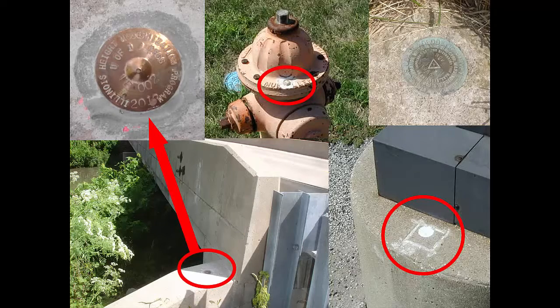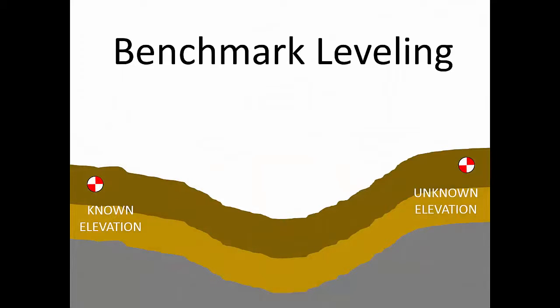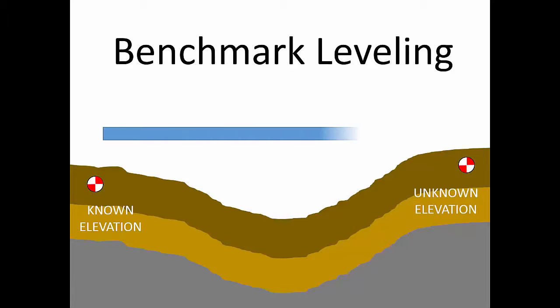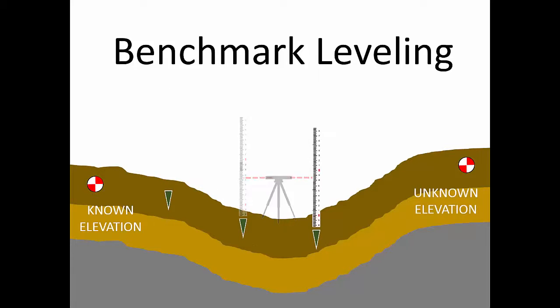Let's walk through a typical level circuit we call benchmark leveling. You may hear this process called differential leveling or control leveling as well. Here, our survey site is 1/2 mile from the nearest benchmark across a shallow valley. We need to determine the elevation of a newly constructed benchmark on the site. Because of the terrain and the distance involved, we'll have to set up the instrument multiple times to measure a